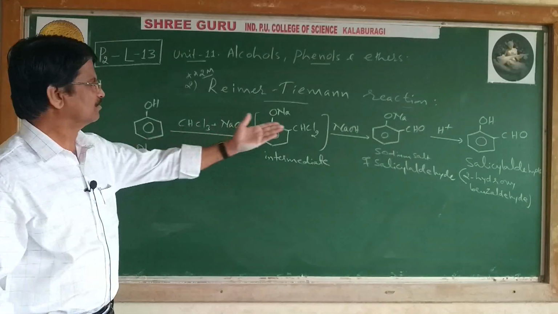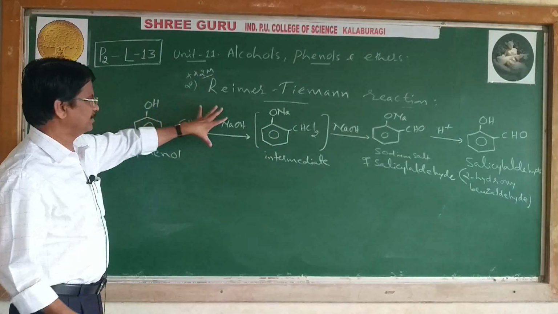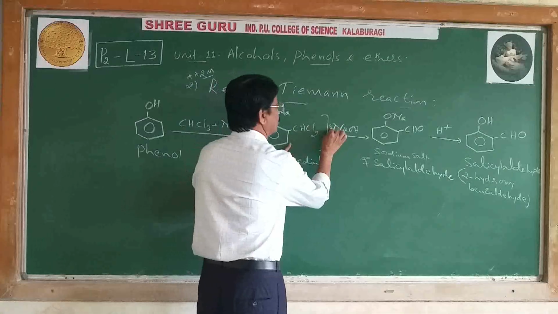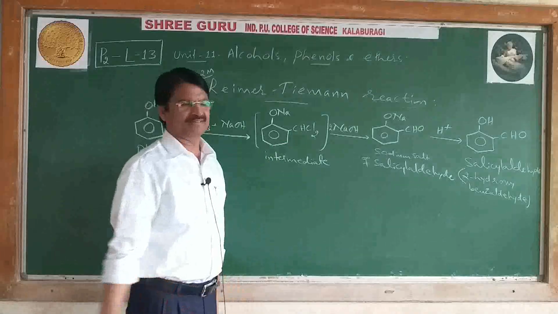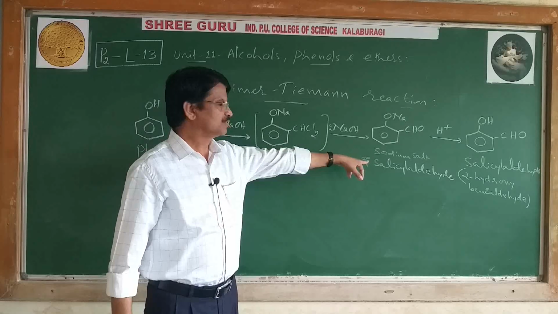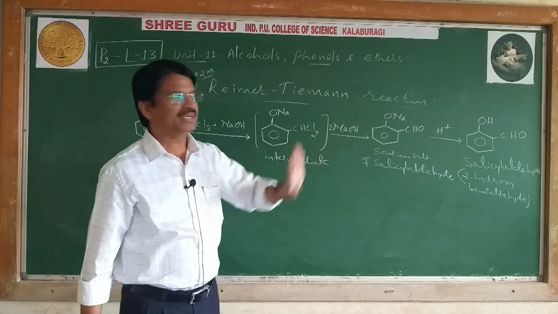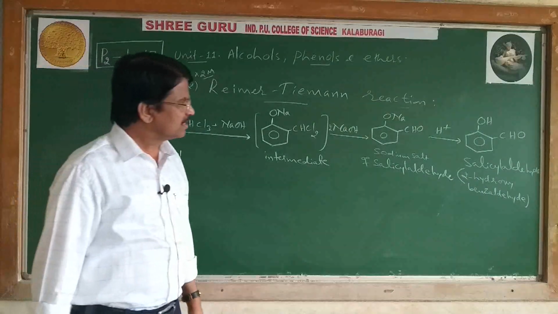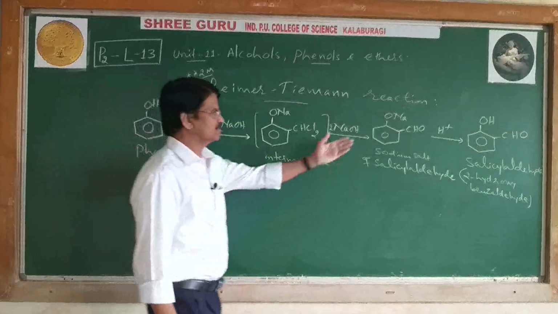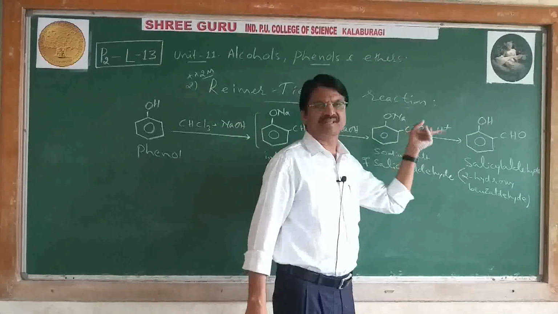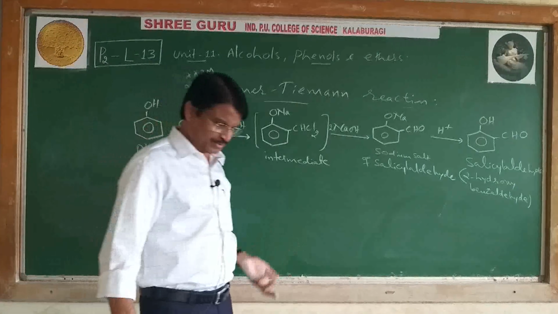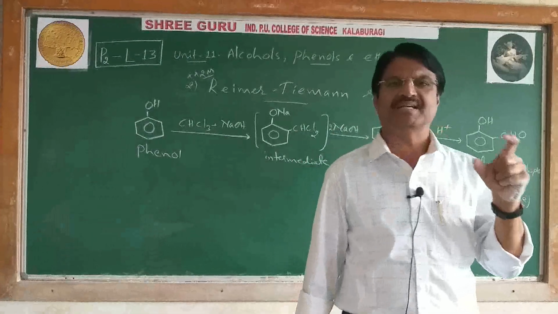It is a simple method: 1, 2, 3, 4. First the structure of phenol, chloroform, NaOH, but the intermediate compound you have to mention. Then treated with NaOH, it actually requires 2 moles, because 2 Cl, 2 moles of NaOH required. Then minus 2 NaCl, and it can give the salt of salicylaldehyde, and finally we get salicylaldehyde by acidification. But don't say hydrolysis here, because Na plus is replaced by H plus, so it is said to be acidification. Okay. Next, one more compound you can use, that is carbon tetrachloride.